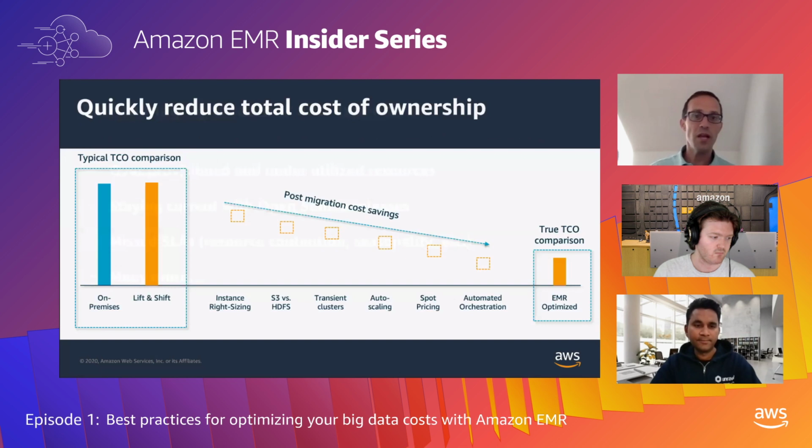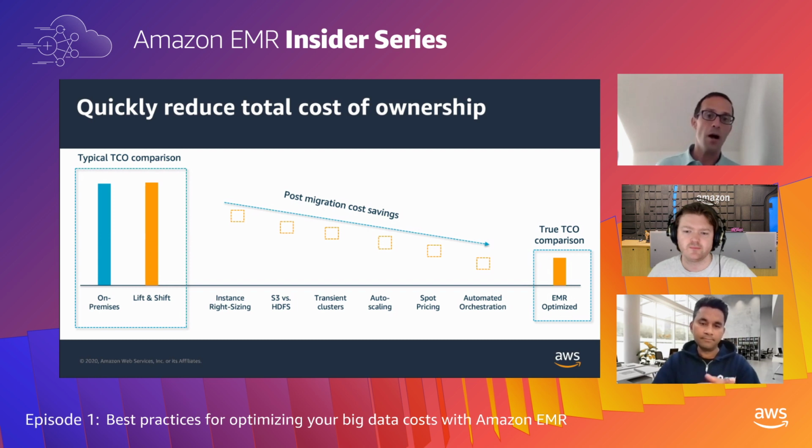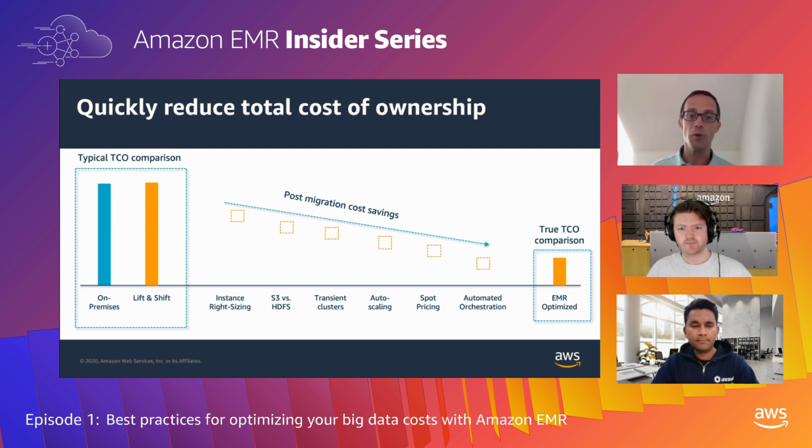So those are big things that customers are really having a challenge with, and they have a big impact on their bottom line, right? And if we think about this, the way for us to reduce the total cost of ownership and really free the customer to use more and innovate much faster is through a number of different levers. And we'll talk through some of those today. It's finding the right instance type, right? Maybe you just bought a bunch of hardware in the past and that's outdated now. You really want the latest and greatest. You want the power and performance that AMD or the AWS Graviton CPUs give you, right? That's very difficult. But on AWS, we make it super easy for you.